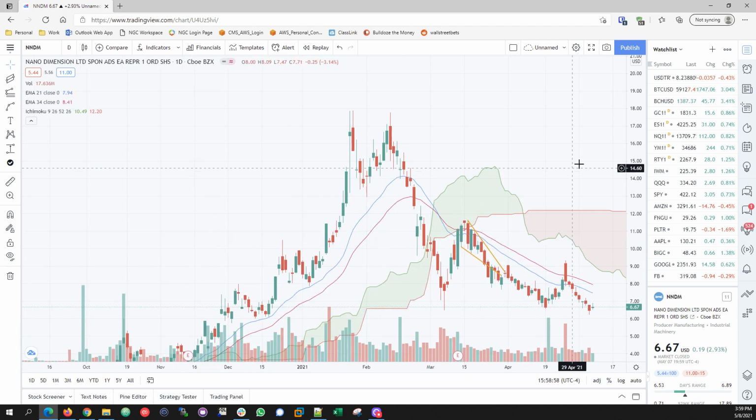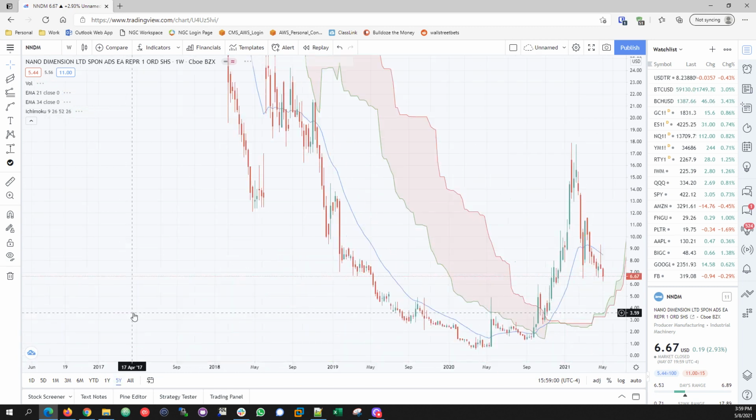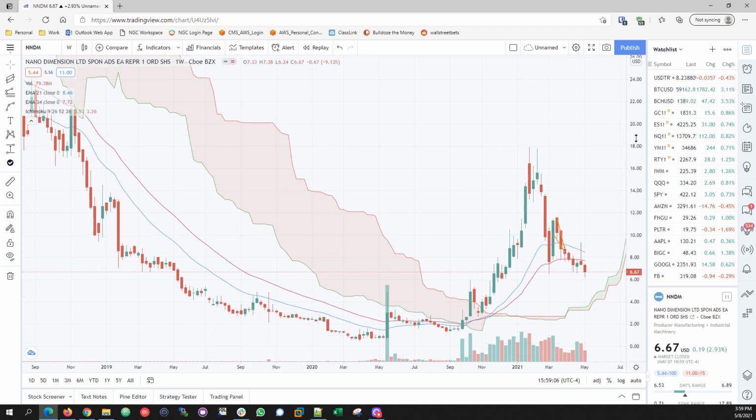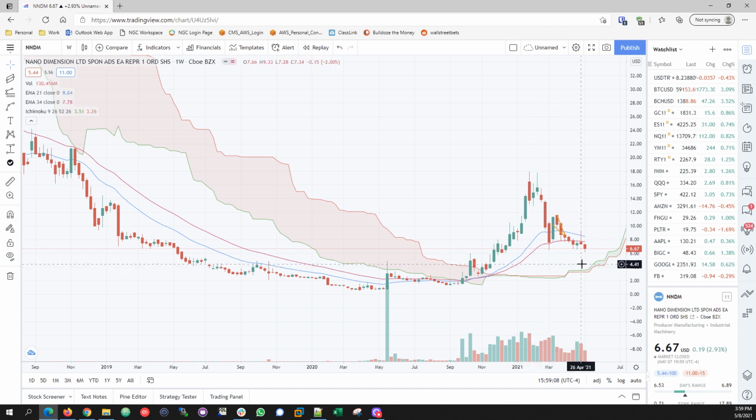And remember those days when I showed you the weekly chart and I said that when you break down a heavy weekly cloud like this, you run up pretty high. But don't forget, when the market crashes, you're probably going to retest the cloud top right here, which is going to be in the $4 range. And when I said this, nobody thought that we'd go there when we were at 15, and I kept getting dislikes and so forth, which I care less about, but it's happening.